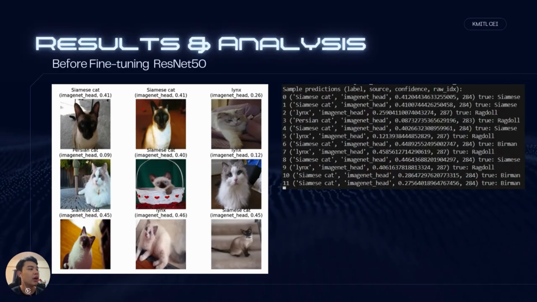Now, moving on to the results and analysis. So here is the before tuning of the ResNet 50. This slide shows the predictions from the ResNet 50 before fine tuning. As you can see here, it's not really consistent. The accuracy was decent but not ideal for detailed